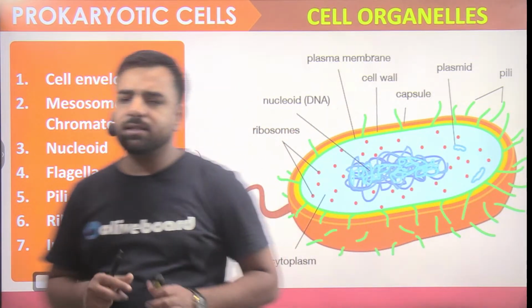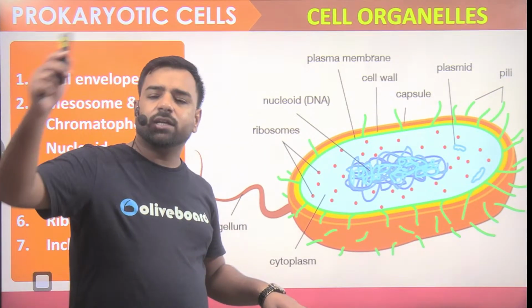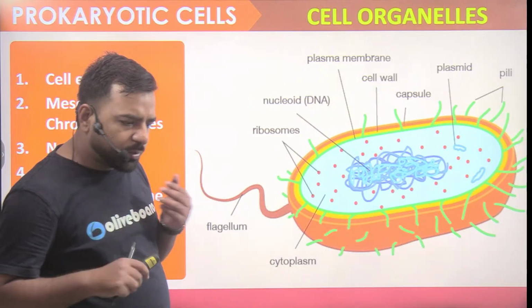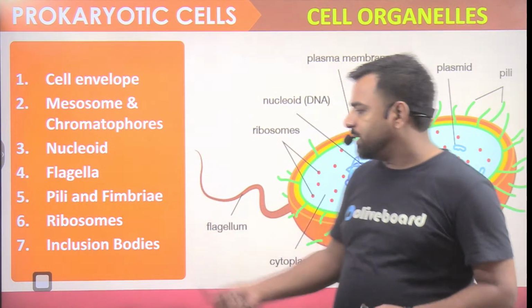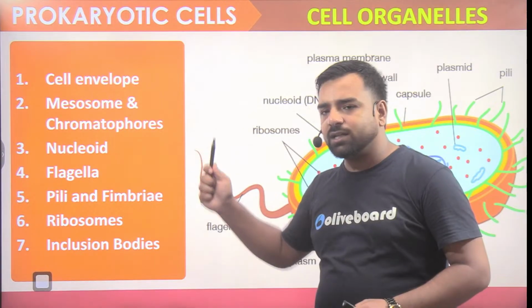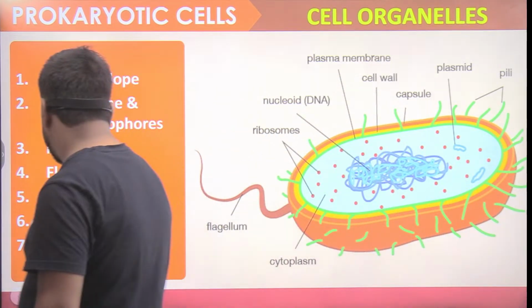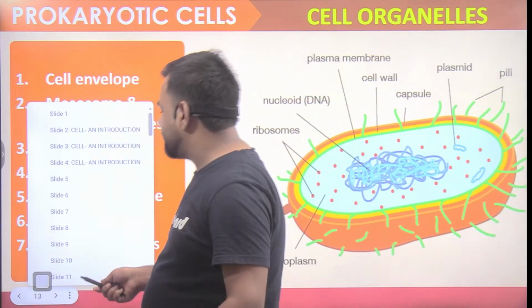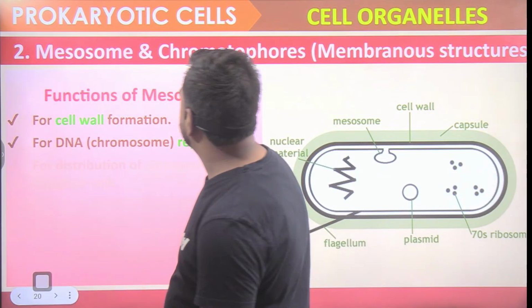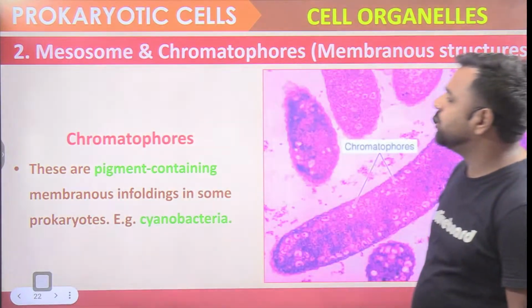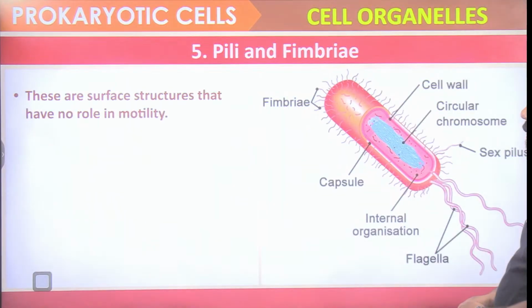A very important part is you will find ribosome here, and you will find ribosome in the eukaryotic cell as well. In the prokaryotic cell, this part is sufficient for knowledge purpose, but you must remember the ribosomes are present here also, and in the eukaryotic cell as well. So this was about the prokaryotic cells. If you want to go in detail, I'll share the slide for the same, no worries. But here it's the time to understand the eukaryotics now.